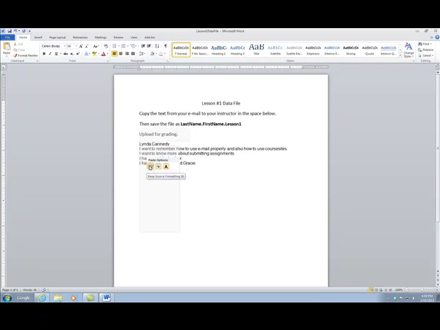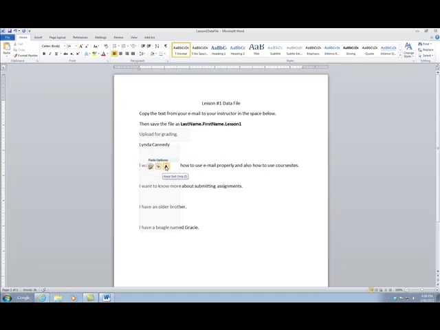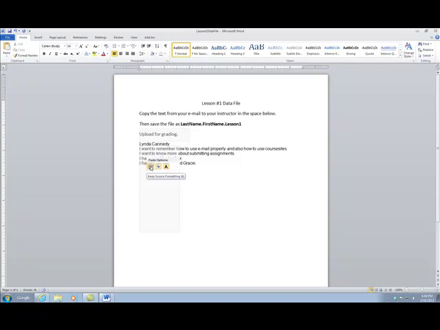The first one is to keep the source formatting, merge the formatting, or then just to copy the text. I'm going to usually do the very first option and keep the source formatting. So I click there, and it also gives you the options here. But I've already chosen this one, so I don't need the little box here. Okay, so now I've copied my text onto this data file, and I need to save it and then submit